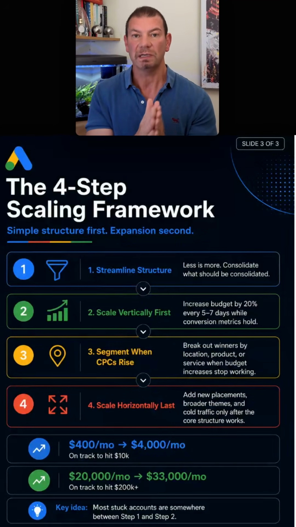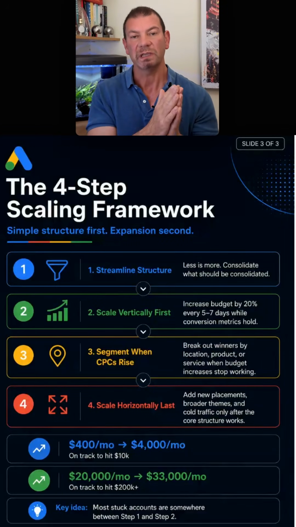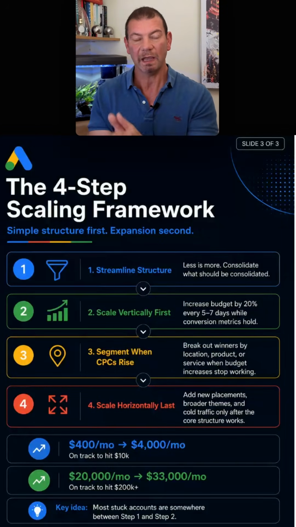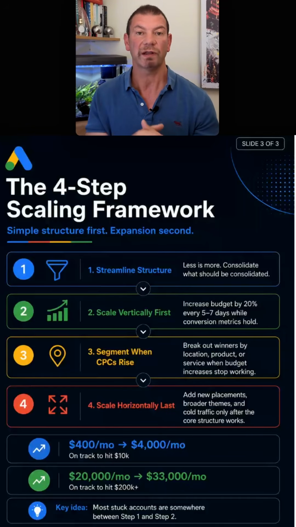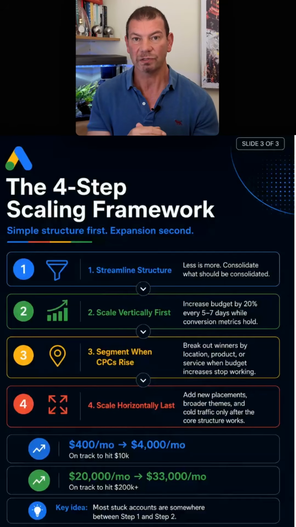What you need to do is scale horizontally. So if you've got a search campaign, what you can do is create a PMAX campaign, a demand gen campaign, or you can create a shopping campaign if you're running an e-commerce store. That way you're adding in horizontal scaling. So if you follow the 4-step scaling framework,